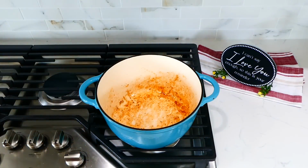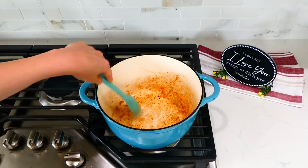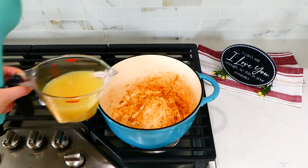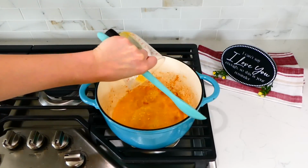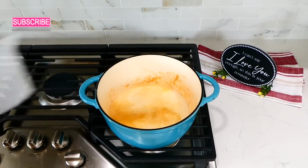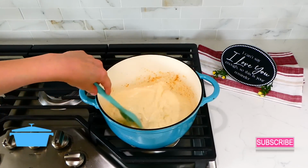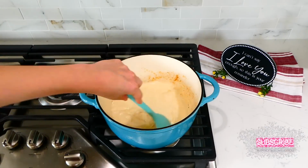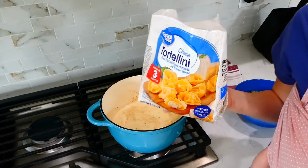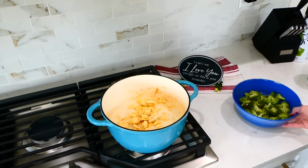To the same pot that we cooked our chicken in, I added a tablespoon of minced garlic. I'm going to stir the garlic around until it's fragrant. It only takes about 20 seconds. Then I added in our chicken broth. It's just about 1.5 cups of that, and then 1 cup of milk. I brought this up to a gentle boil. Now I'm adding in about 19 ounces of frozen cheese tortellini, or you could use fresh cheese tortellini, whatever you prefer,